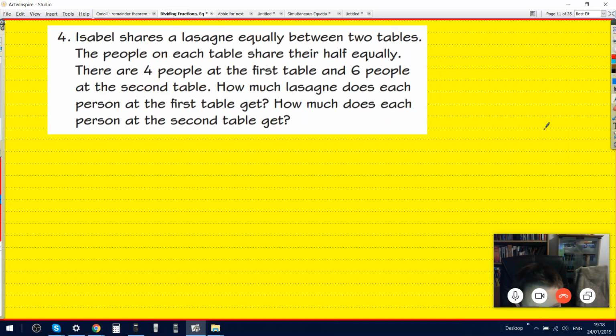Isabel shared the cake between 2 tables. Then the people on each table share their half equally. 4 people at the first table, and 6 people at the second. So the first sum would be